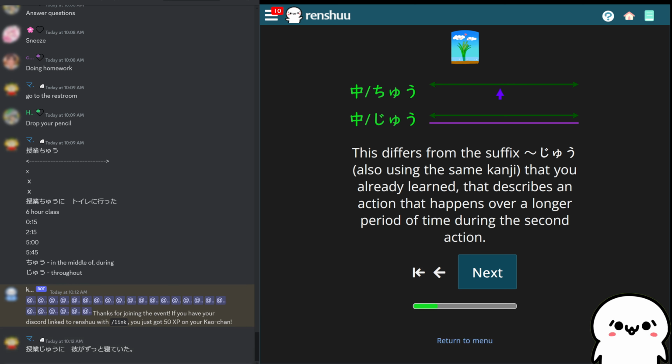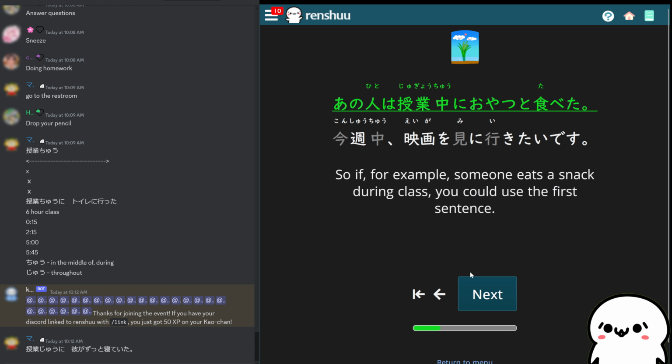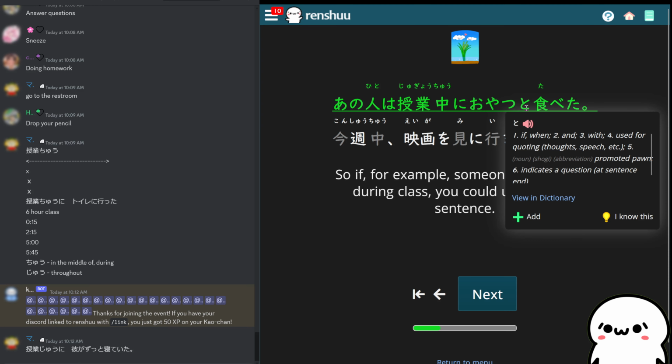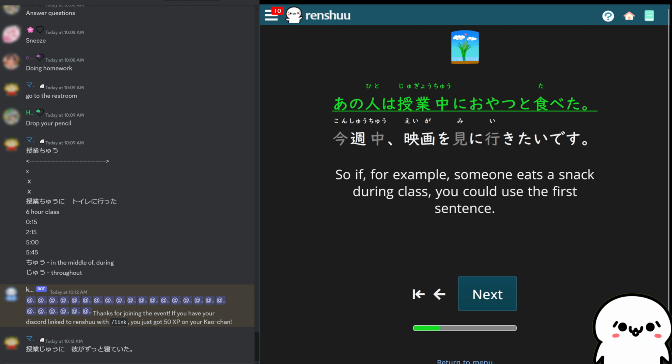So that is the key difference between these two usages. And often you can tell, depending on what comes after, whether or not this is something that is happening for a period during that or throughout the entire thing. And let me give you a few examples. So that should be an O, I'm not sure why that says to there. あの人は授業中におやつを食べた。おやつを食べた。